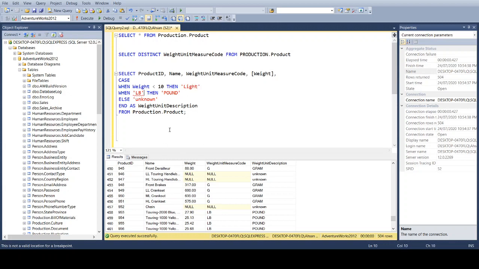And this is basically a predicate logic. So I have the first predicate logic. It's gonna determine if it's true, then it's gonna say light,